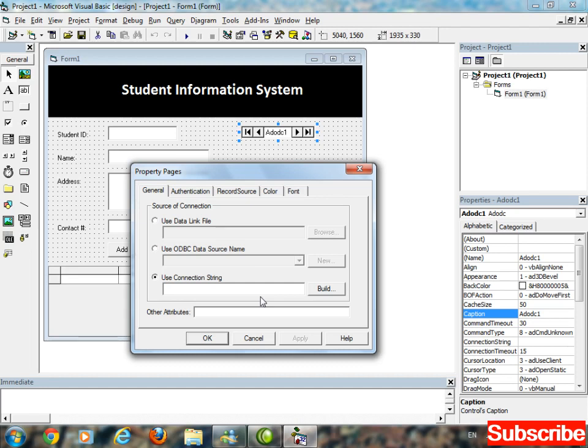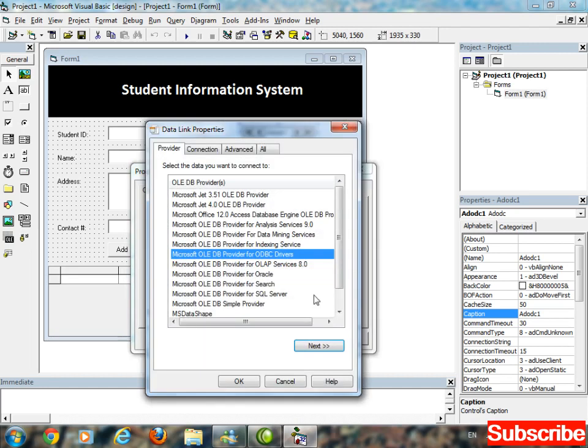So we are using MS Access. Select build. For MS Access, you have to select the second option, Microsoft Jet 4.0 OLE DB provider. You have to select this one when you are using MS Access as database.